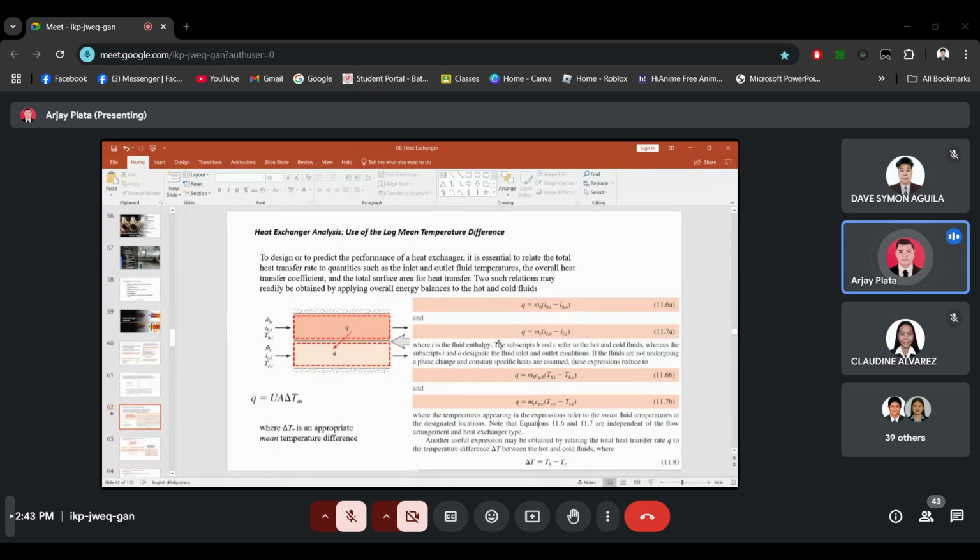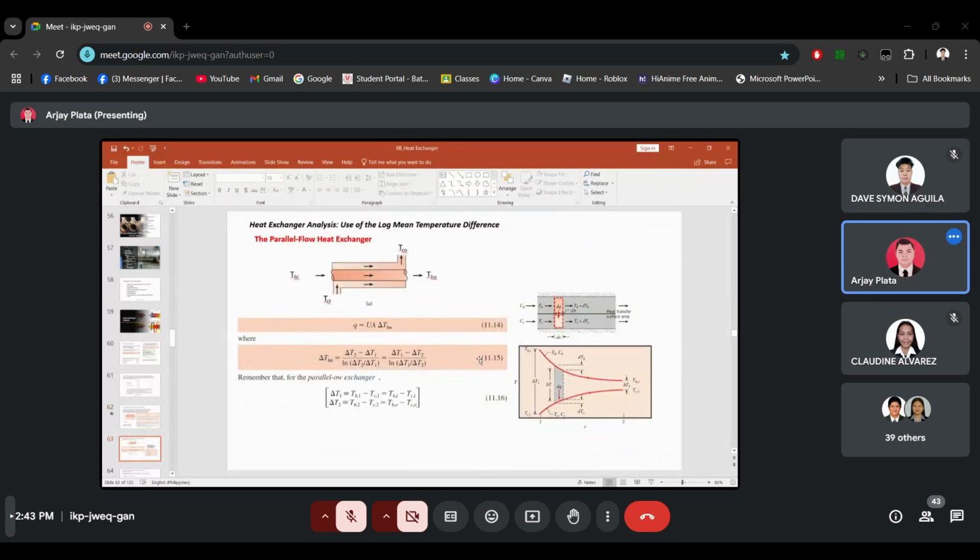What's the log mean temperature difference again? This is an appropriate mean temperature difference. It can be specified as delta T sub m, or log mean temperature difference. The formula for delta T sub m, or delta T LM, is equivalent to delta T1 minus delta T2 over ln of delta T1 over delta T2. For parallel flow and counterflow, the formula is the same. However, the formula for delta T1 and delta T2